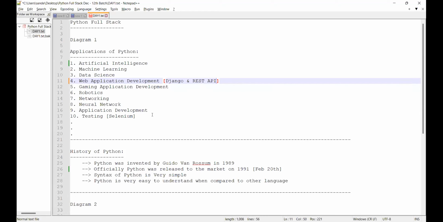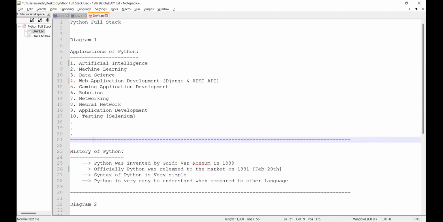Next, you can go for robotics, you can go for networking, you can go for testing, and you should tell me the answer. Who invented Python? Take your time, go back to the chat box, and type the complete name properly so that it will be recorded in your mind for a longer duration. Type the name. Who invented Python? Without a spelling mistake, I want to see the name. Don't write GVR, don't write the short form. Write the complete name. I know it would be difficult, that's the reason I have displayed it there.